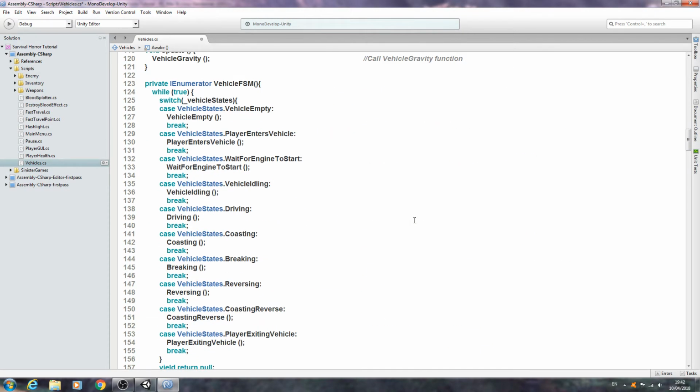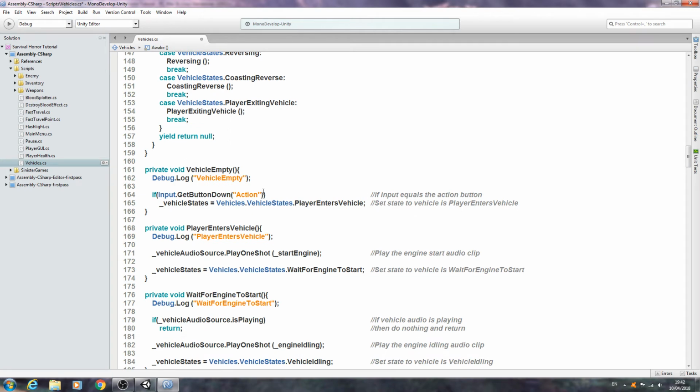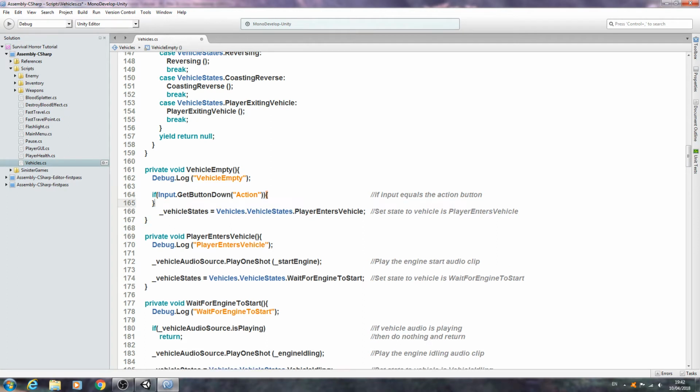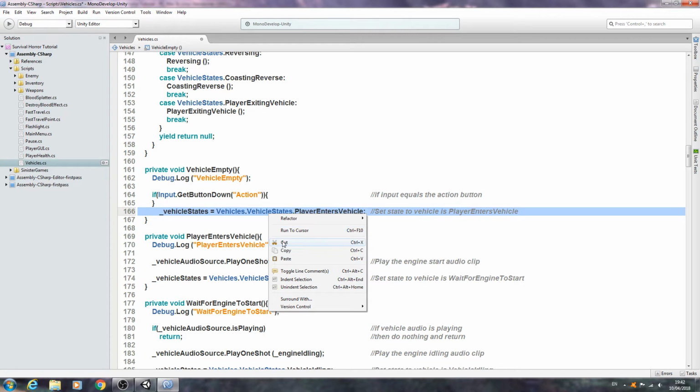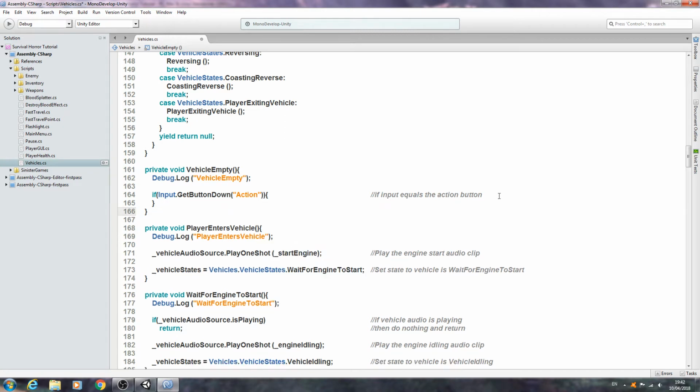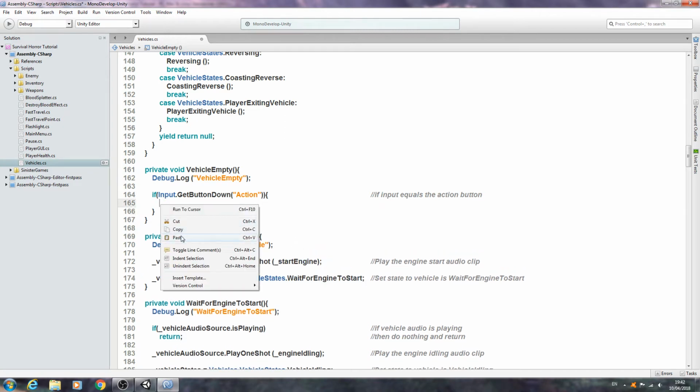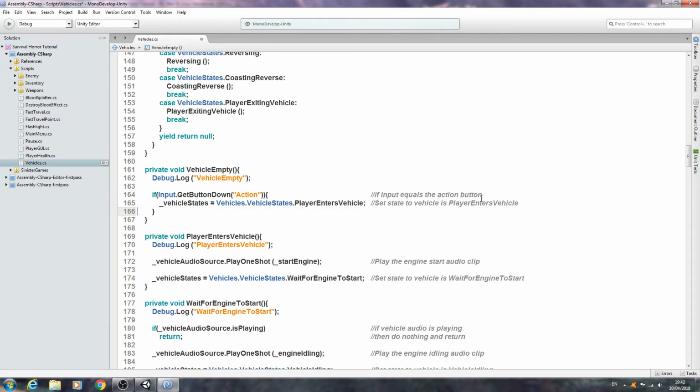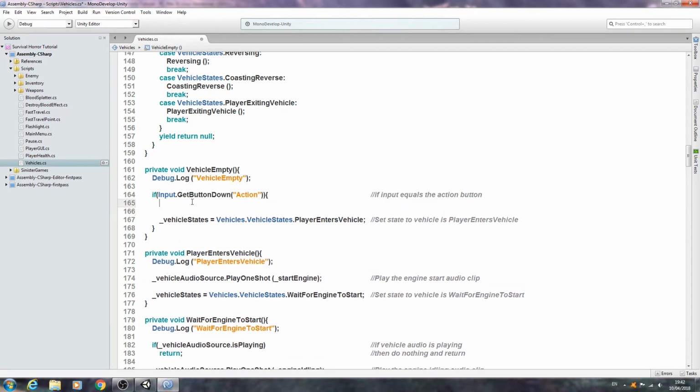So with that in place, let's come down to the vehicle empty function, and we want to come to the end of this button for our input. We're going to open and close brackets. We'll take this line where we change states and we'll paste that in between those new brackets, and then we want to come above that line inside the if loop,